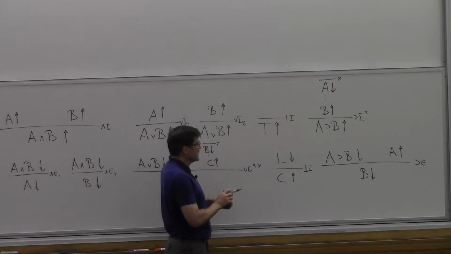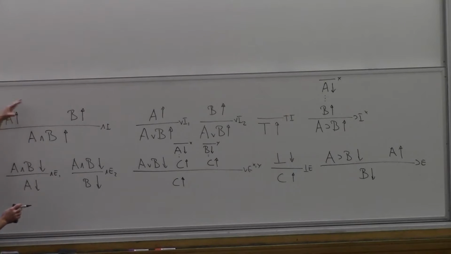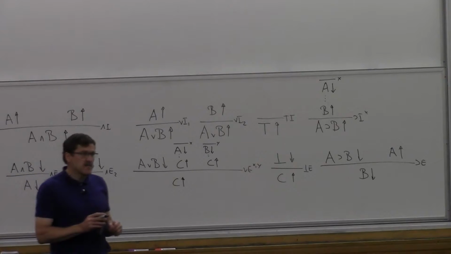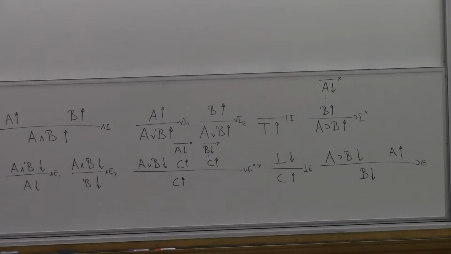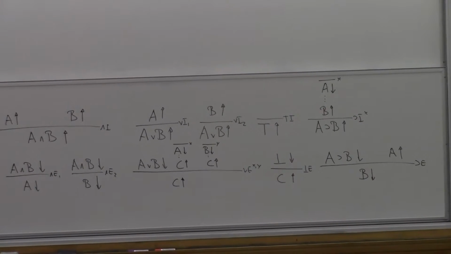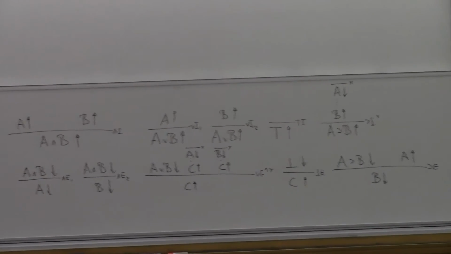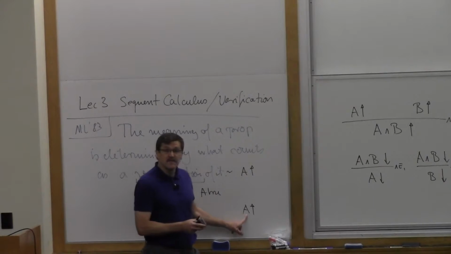What we're going to do systematically, forget about the implication, is annotate all the rules. The introduction rules construct a proof from the bottom up, the elimination rules from the top down. And we force that by putting the arrows on the rules. Now I claim the following property. If we start with a theorem A to be proven without any assumptions and try to construct a verification of it, then the whole verification of A will only ever have subformulas of A, which is what I wanted, right? I want my verification to consist only of subformulas of A. So why is that true?